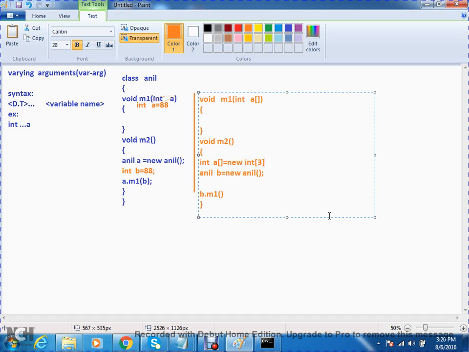Now observe here, I can pass a here. That's all. Earlier the variable was int b, now it is the int a array variable. Understood? Any doubt in this? No doubt. Okay?